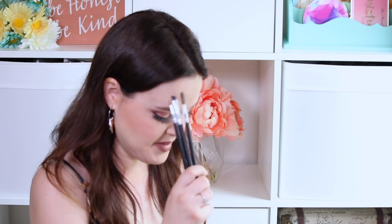I can imagine the conversation with BoxyCharm and Aesthetica. Okay, we've got an eye brush set for you. Well, what's your eye brush set look like? It's a spoolie, a brow brush, and a liner brush. I think we're gonna have to give people something else because that's not gonna fly. Okay, how about if we give them a face brush? Sounds great. I can just imagine that conversation happening because I definitely think people would have been disappointed